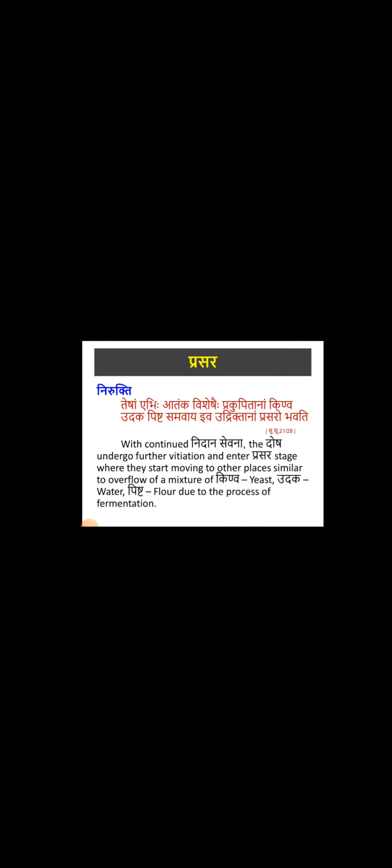So actually what happens in the chaya and prakopa avastha, these are limited to their own sides, right? That is in the koshta itself. But in the presence of continuous etiological factors like the vyayama, ushna, tikshna ahara, or ahita ahara, and because of the chala guna of vata. When I tell these things, you may be remembering one thing, that is the koshtas. From the koshtas, the doshas are now moving towards the shakha. That means the shakhadi gamana of the dosha starts now in this prasaravastha.